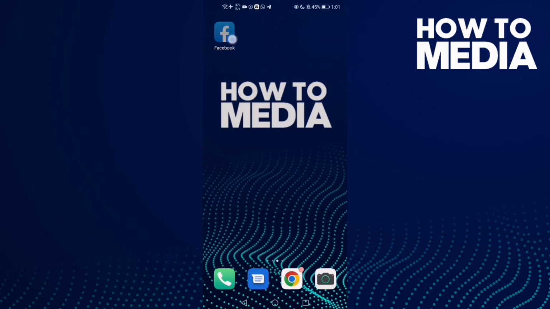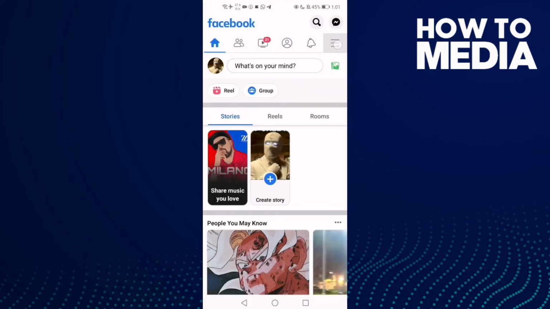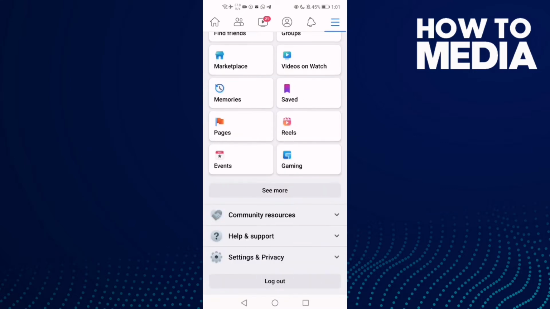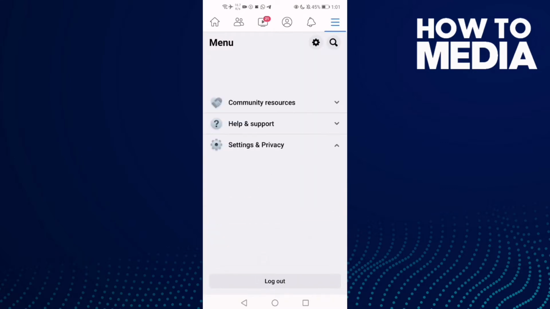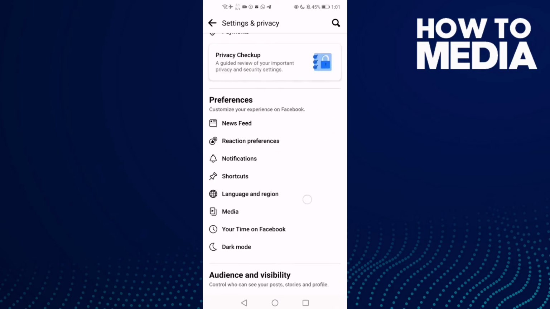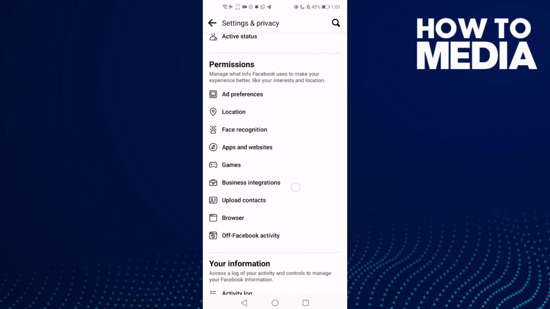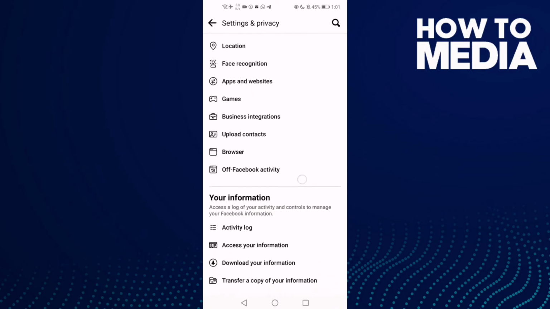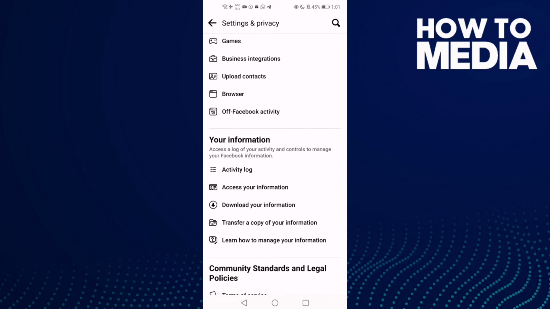First thing we're gonna do is go to Facebook and then click these three lines here and go down, click settings and privacy, and then settings, and go down again. Here you will find this one, activity log. Click on it